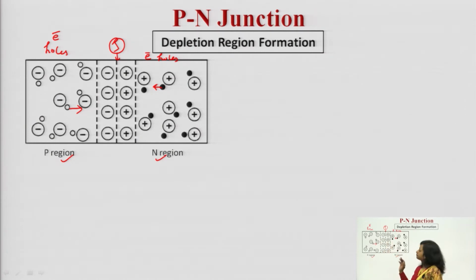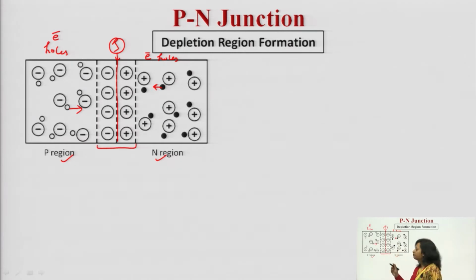Now, what will happen? After the recombination of electrons and holes, they will disappear, but after a certain time across this junction, on the left hand side, you can see these negative acceptor ions will be deposited, while on the right hand side the donor ions, because in the case of P type the immobile ions are the acceptor ones, while here the immobile ions are the donor. So, across this junction after a certain time there will be an accumulation of immobile ions, acceptor and donor, like here you can see in this particular region.